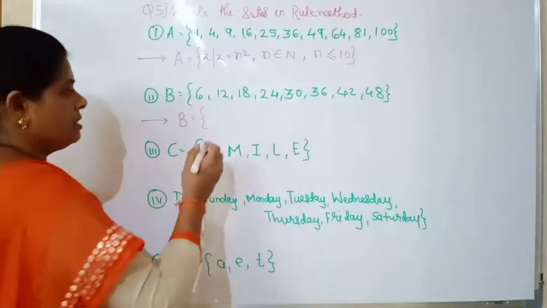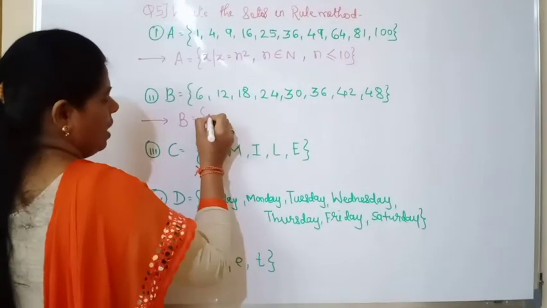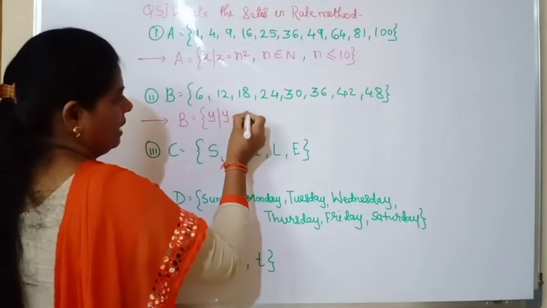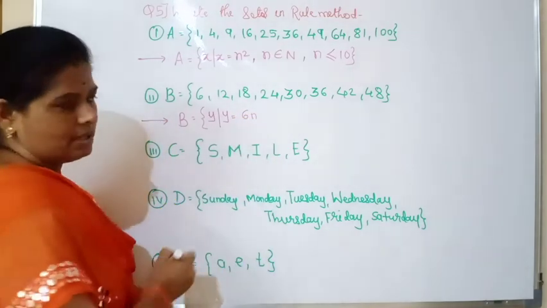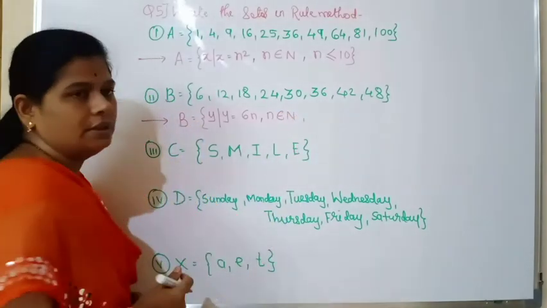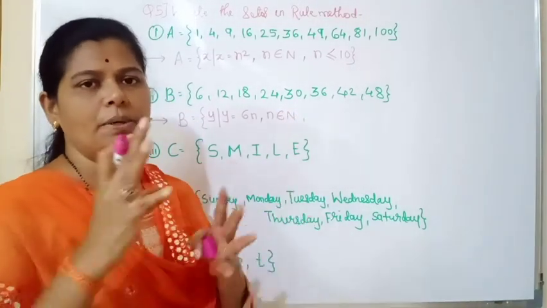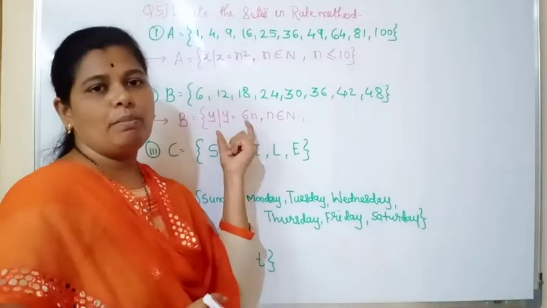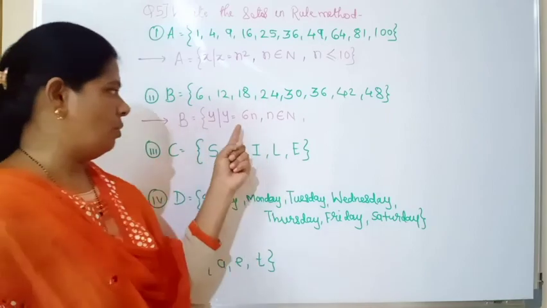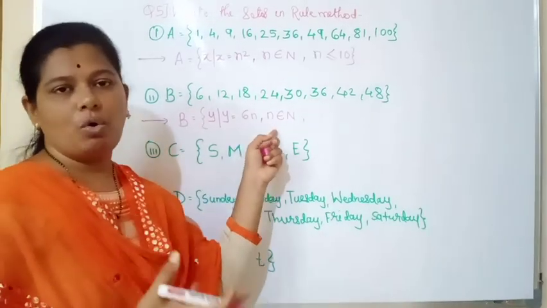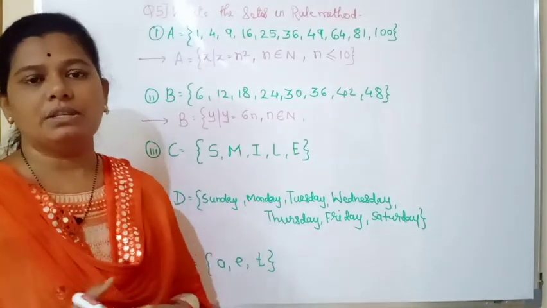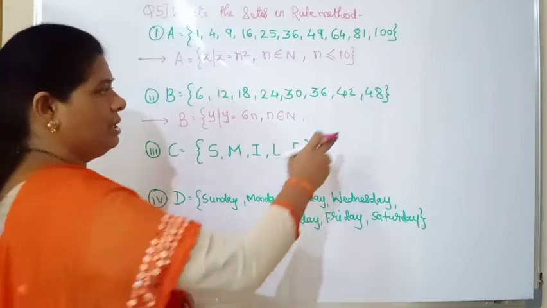It means what? It is a multiple of 6. So I will write it as a set of all y such that y equal to 6n. After that n is a natural number. After that the limitation. Okay, you have to keep a sequence. In the first one, you have to mention whether it is a square, whether it is an even or multiple, whatever is there. After that you have to write whether it is a whole number, natural number, integer, whatever is there. After that the last step is related to the limitation. So it is up till 8.